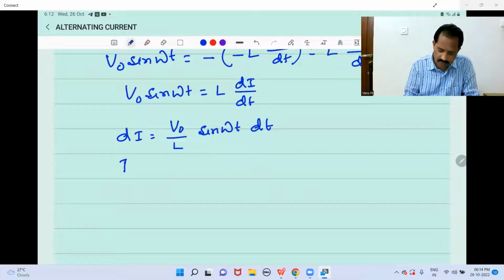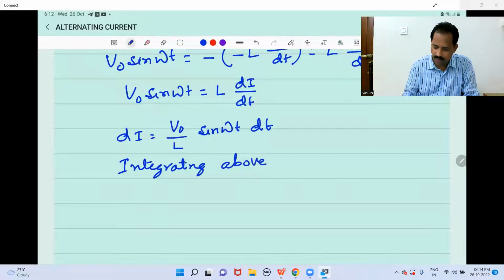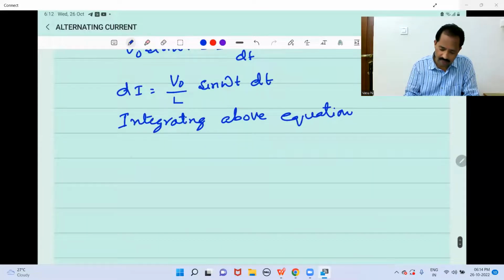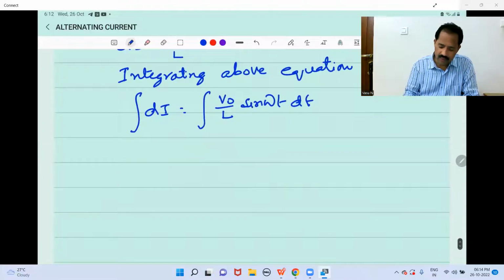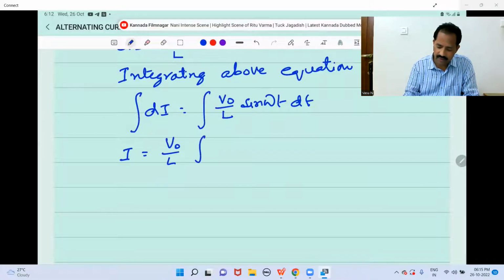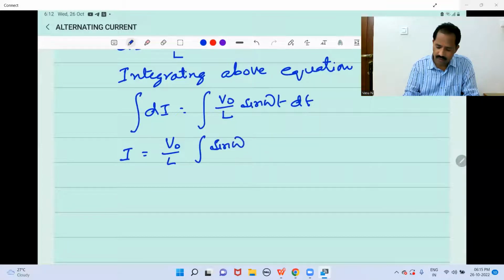So integrating the above equation. Let us integrate. Integration of di is equal to integration of V naught by L sin omega t into dt. Okay, integration of di is I only. I is equal to, now you can take out V naught by L as constant, integration sin omega t into